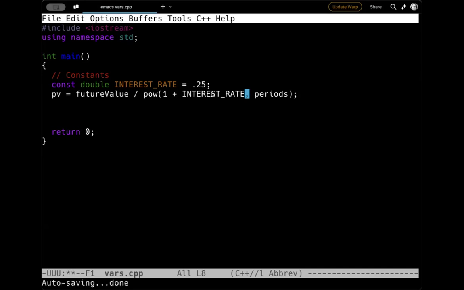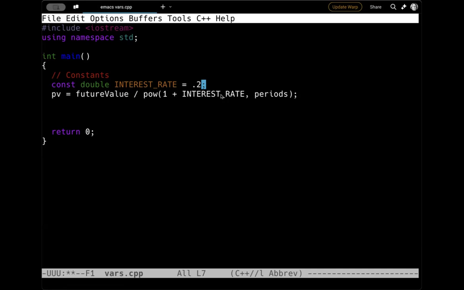So if we set early in our program a constant called interest rate with a value, and then consistently use that constant variable throughout our program, then if the interest rates change, all I have to do is change it up here. Let's change it to 0.2. Then I've automatically changed it everywhere in my program. If not, I would have to go through and search for every time I'm using 0.25, and it may not always be for our interest rates, and change all those manually. So it just makes sense from an organizational point of view for us to do that.